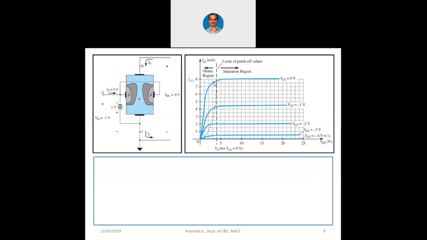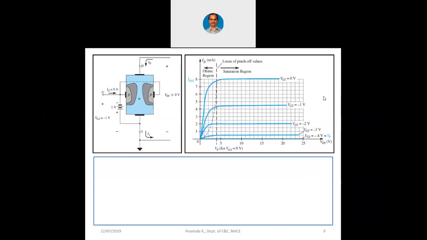See, pinch off means what? Pinch off means the depletion region is touching. The depletion region touches when VGS is 0 volts at a point of 4 volts, when VDS is 4 volts. But when VGS is -4 volts, pinch off is also occurring, but the amount of reverse bias is much larger, in such a way that there will not be any current flowing through the device, not even diffusion current, because there is no applied field as such. So that is when we equate VGS and VP in this manner.